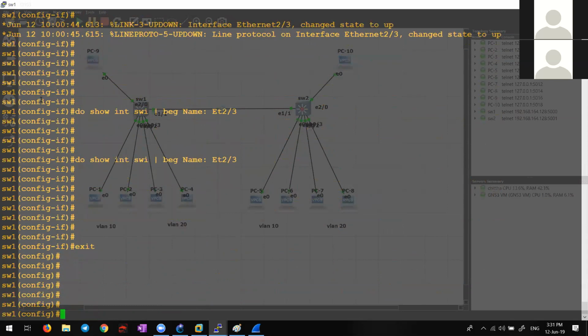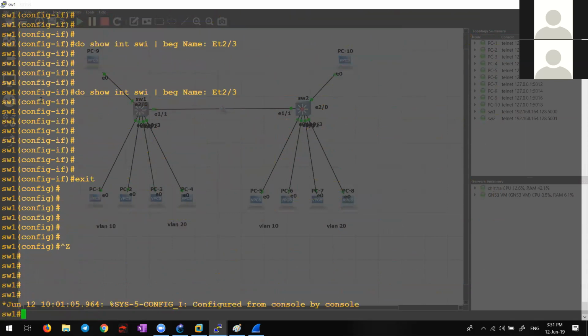Can I create VLAN 1006 in this switch? Yes or no? You are all checking yesterday's classifications of VLANs, right? What is VLAN 1006? Part of the extended VLAN range. Can I create an extended VLAN? Is there any problem in creating an extended VLAN? No, so I can create it, right? But there will be a problem here in this switch. Why? I have already created VLAN 1006 here.